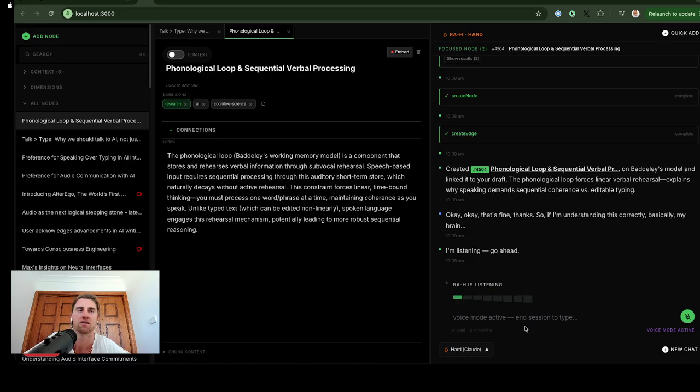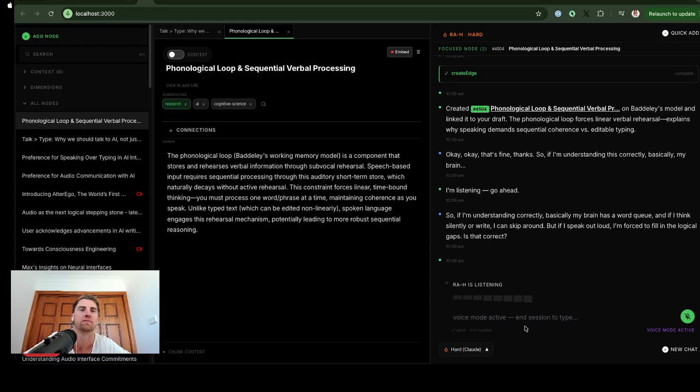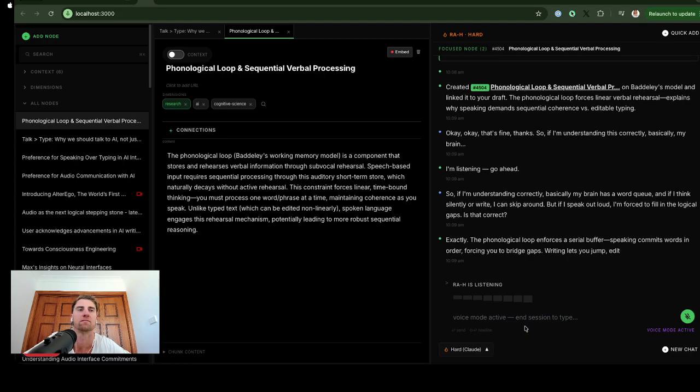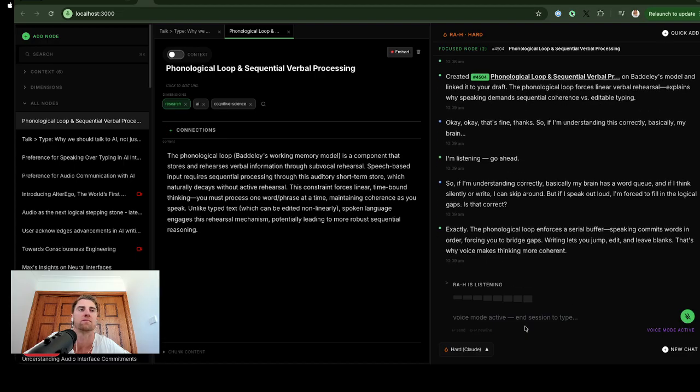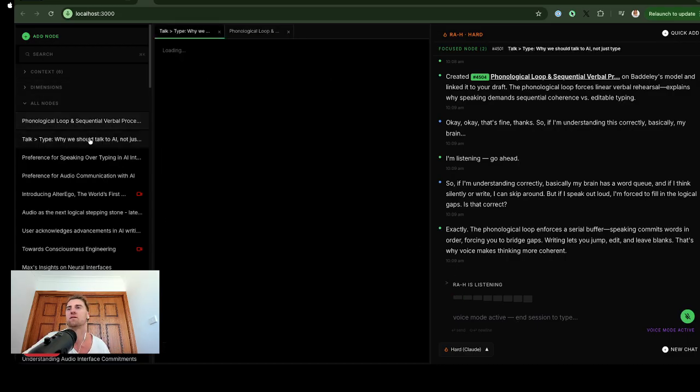Is that correct? Exactly. The phonological loop enforces a serial buffer. Speaking commits words in order, forcing you to bridge gaps. Writing lets you jump, edit, and leave blanks. That's why voice makes thinking more coherent.